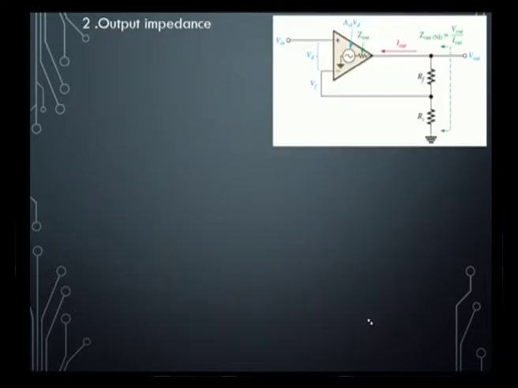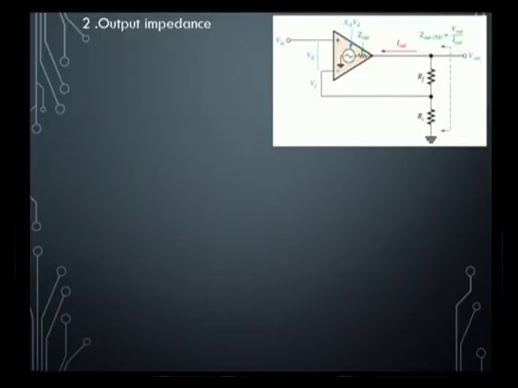Next, we move on to output impedance. This can also be found with the help of the same circuit that we have drawn previously. Here we can observe the AOL into VD, the open loop gain into VD, from which we can get V out. Also Z out, the output impedance, will be the output impedance of the non-inverting amplifier. This is the internal impedance, do not get confused. This is the internal impedance that we are going to deal with here. So, let us start with the I out here. The current we need to apply with the voltage here.